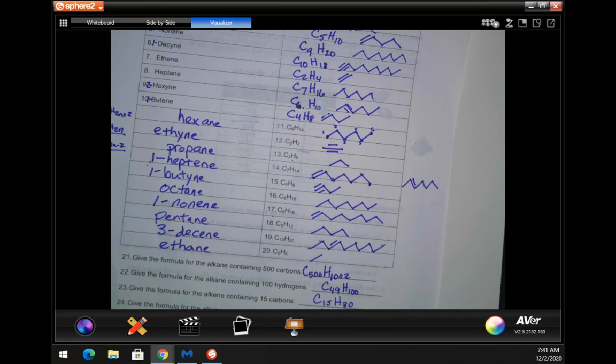Okay, so in this paper, it says that if it has 4 carbons, it's whatever, but on the other one, it has the same